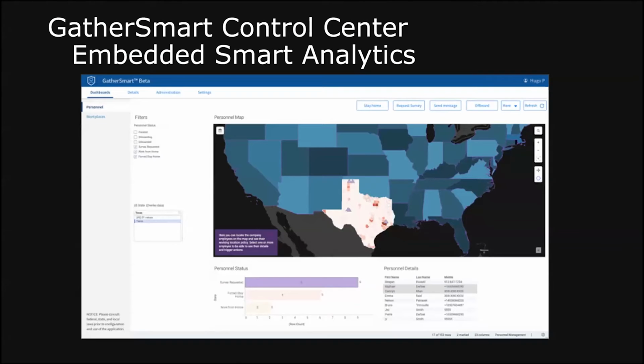Okay, on the other side, the control center app is really providing this embedded smart analytics capability for the HR personnel to manage who's in the office. So HR can use this tool to monitor which employees they have in which offices, and then they can actually take action directly from that application using the low code capabilities to manage the office safely. So if they need to suddenly see a lot of people within an area, then they can, you know, send a message to stay home, or request a survey again, or change the rules according to who can